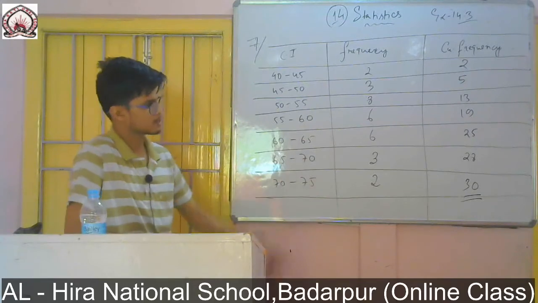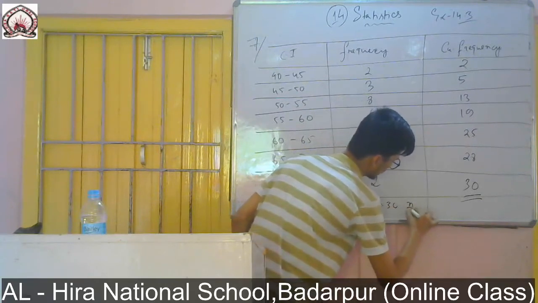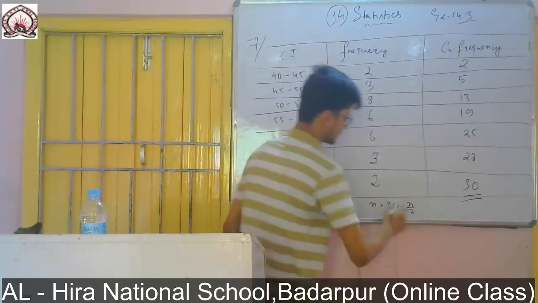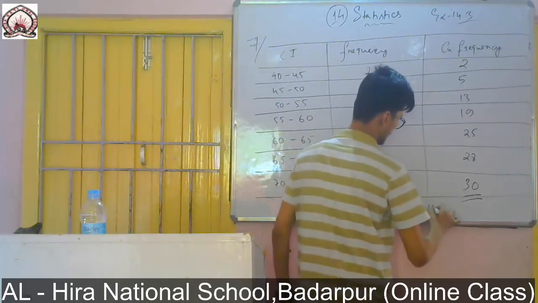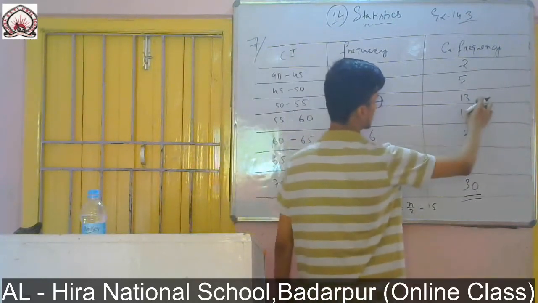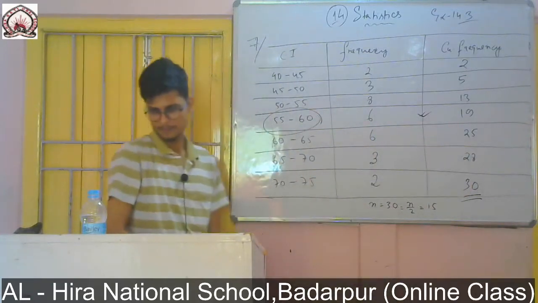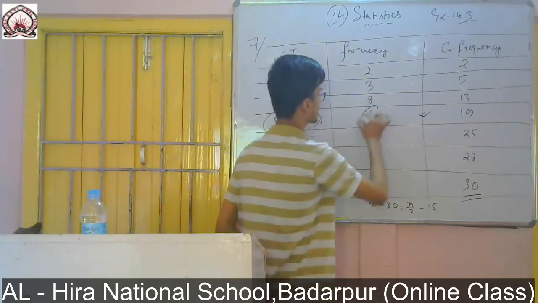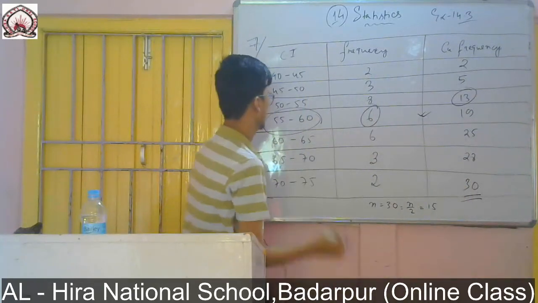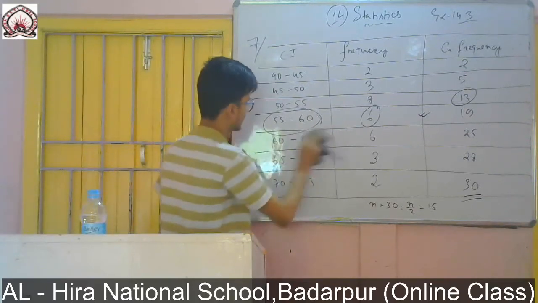So now n here equals 30. That means n by 2 will be 30 by 2, that is 15. I am just doing this to find the class, no need to write it in the table. So you have to find the cumulative frequency which is greater than 15. Greater than 15 it is 19. So this is our median class. This is the frequency of the class, this will be our cumulative frequency, and the height will be 5. Lower limit 55. So now I can find it easily. Okay, let me rub this part.